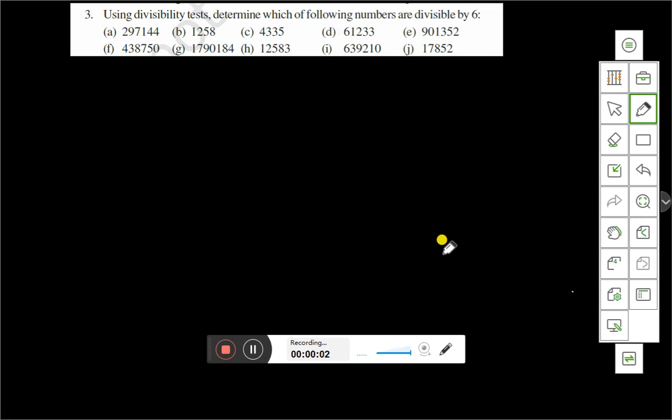Hello friends, today we shall discuss question number 3. Using divisibility test, determine which of the following numbers are divisible by 6. Let us take question A. The number in question A is